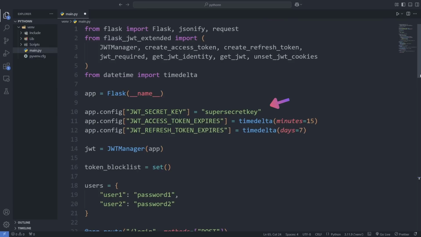The JWT secret key is set to "super secret key", which is used to securely sign and verify tokens. The application defines an access token to expire after 15 minutes and a refresh token to expire after 7 days. Access tokens are short-lived tokens used to authenticate users for accessing protected resources. Refresh tokens, on the other hand, are long-lived tokens used to request a new access token without requiring the user